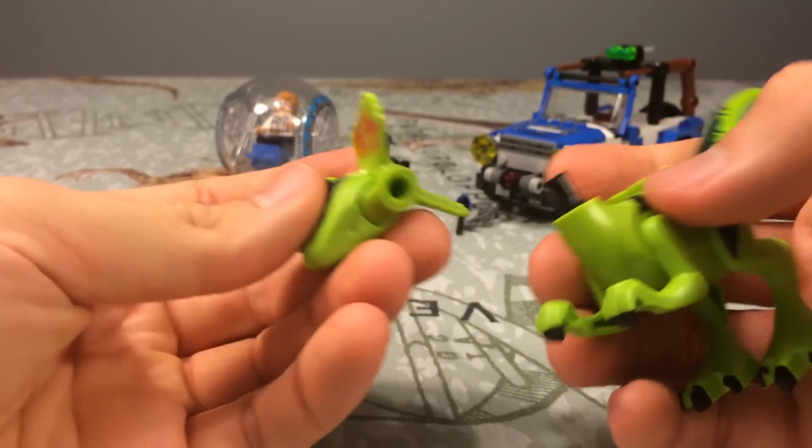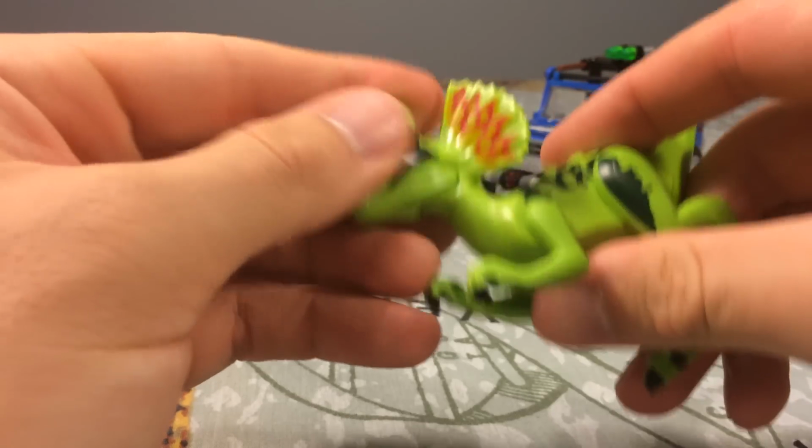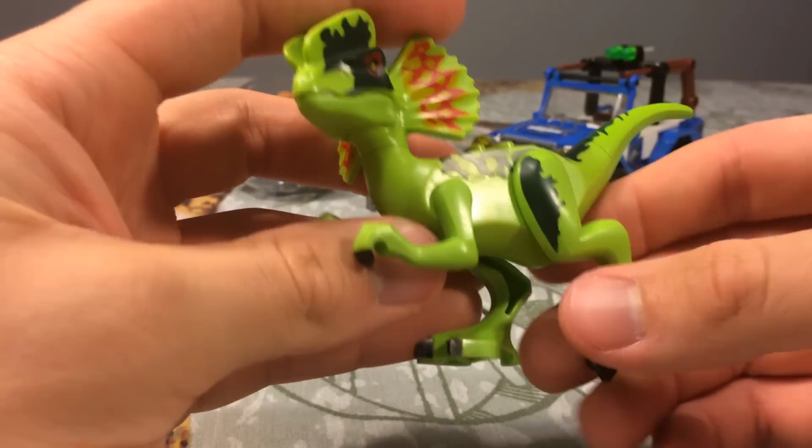You can decapitate them just like the Raptors. That's how you put them together. So you can have playtime if you want to decapitate Dilos. But this Dilo is just...